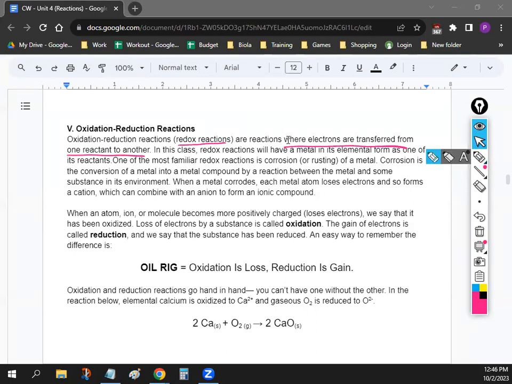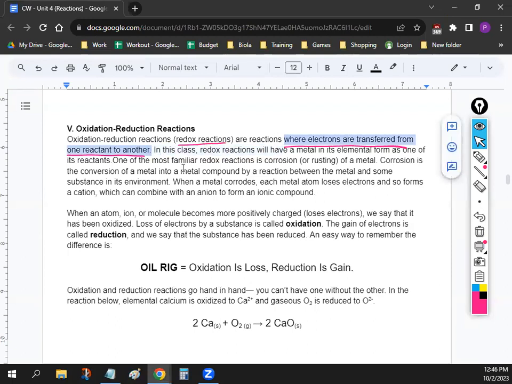So again, redox reactions are reactions where electrons move from one reactant to another. One of the most common redox reactions that we're familiar with is when iron rusts. If you have rusting on metal, that's because of a redox reaction. The electrons are being transferred. We're going to talk about all that in a sec, but we still need to do a little